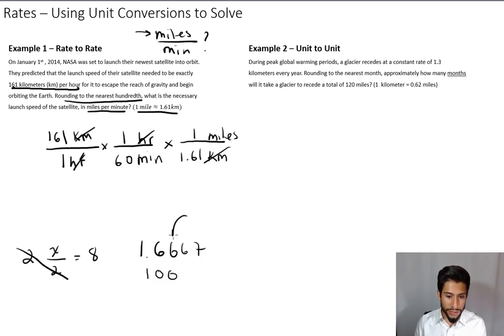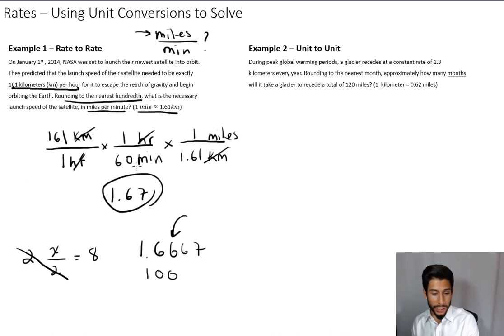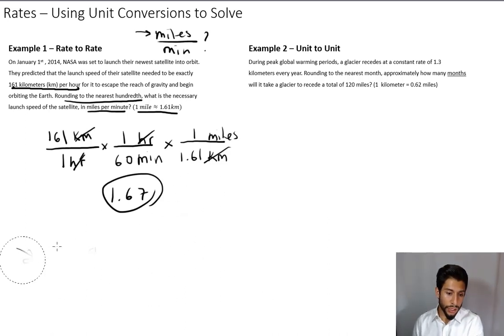So they want you to round to the second decimal place. So that would be 1.67. That's your answer. Now, if the whole dividing thing was confusing to you, another way to do it would